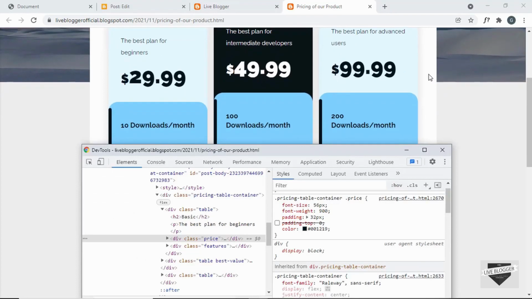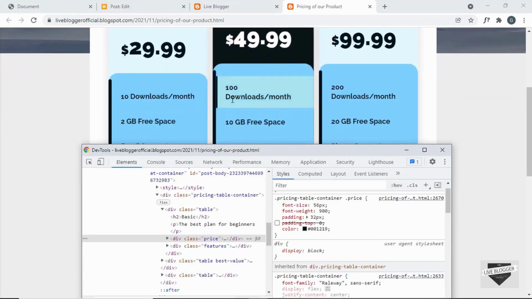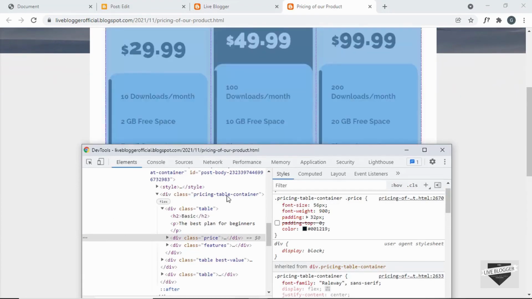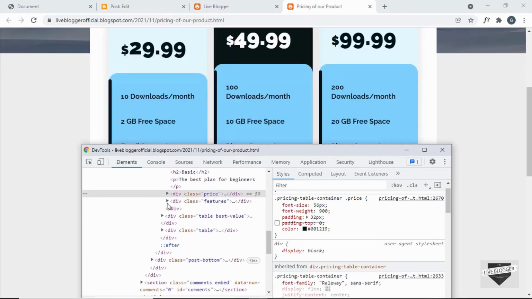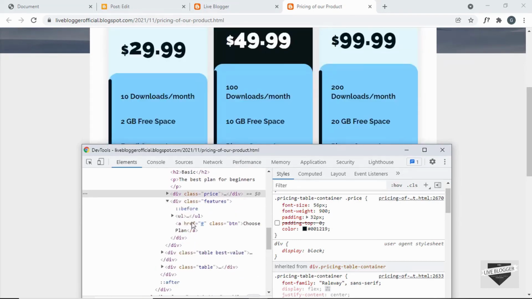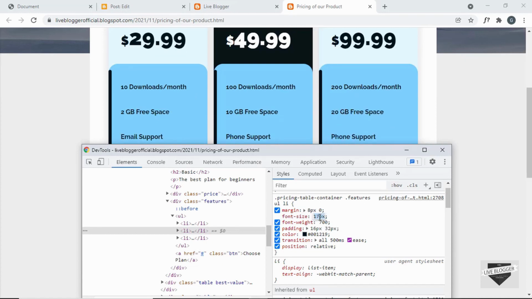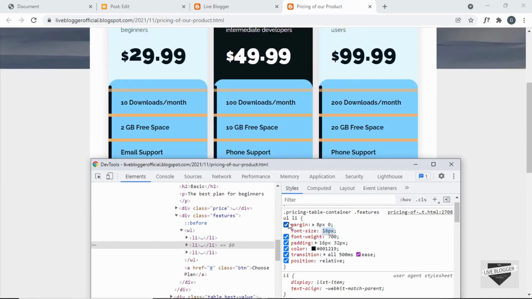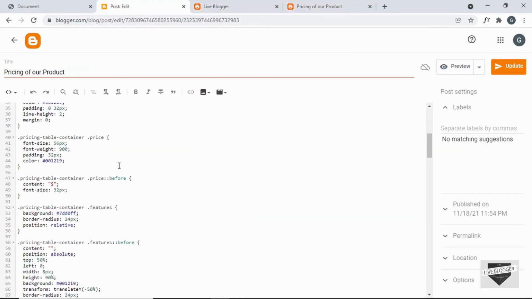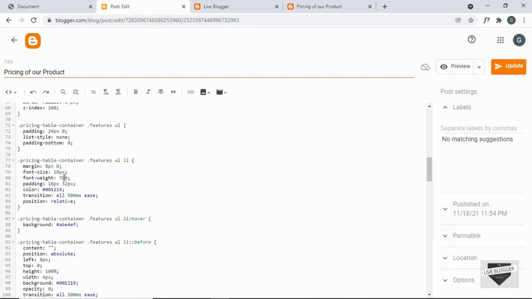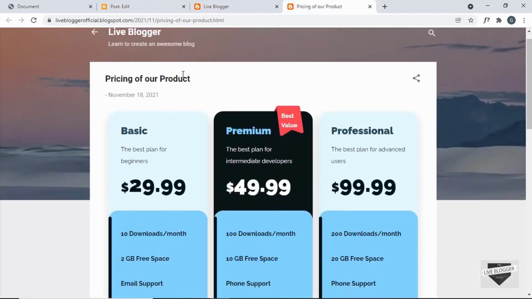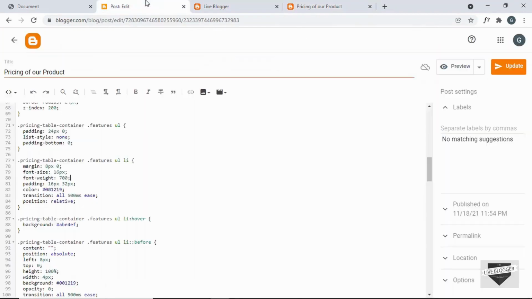And the next thing we will do is decrease the font size of these features. So let's go into features, and let's go to the list item, and here we have set the font size to 18 pixels. Let's decrease it, and I think 16 pixels looks alright. So let's change the font size of this list item to 16 pixels. Let's go back, and let's find the li, and here we'll just change this to 16 pixels. And now this looks alright. So let's go back, and let's click on update,